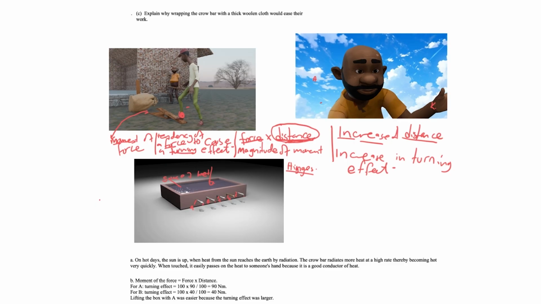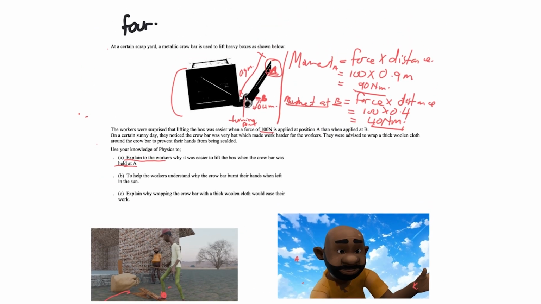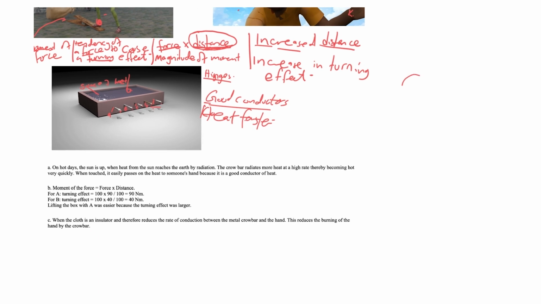Now, for good conductors, you expect that these metals will have to conduct heat faster. Now assume that this was a metallic crowbar. During the day, we have the sun, and down here we have our metal bar. What does the sun do? The sun now here is a major source of